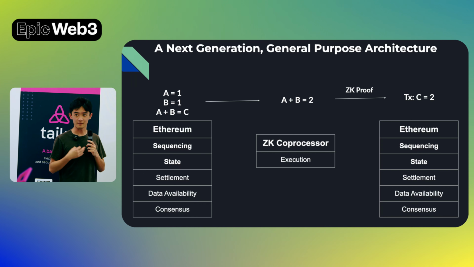What this looks like in practice, for example, is a DeFi app such as an order book can keep all of your account balances on Ethereum, and whenever it needs to do a swap or an exchange, it can send any sort of compute it needs to do and the states to the coprocessor, which can execute that and then submit the result back to Ethereum for settlement.